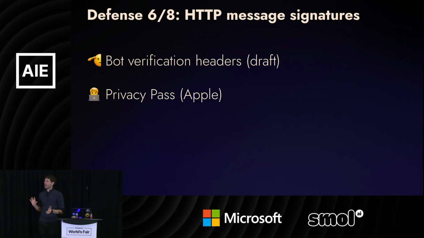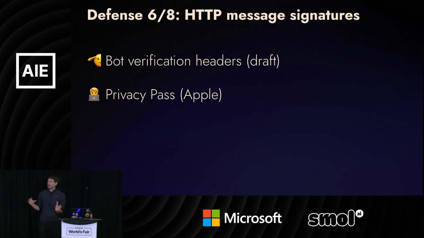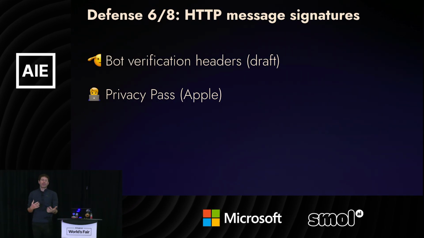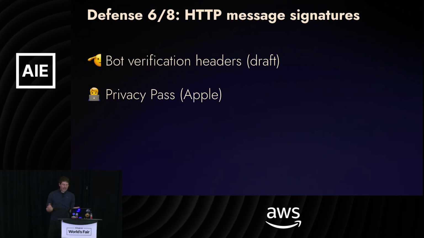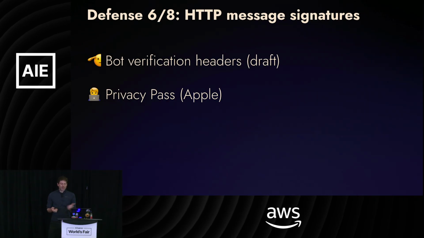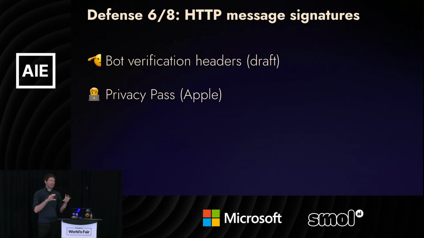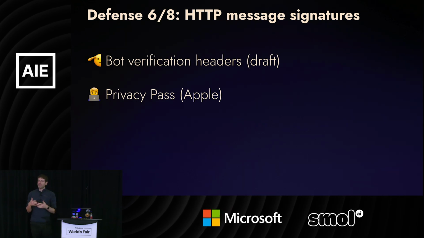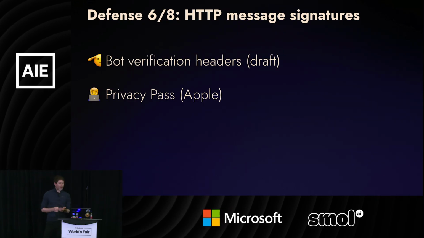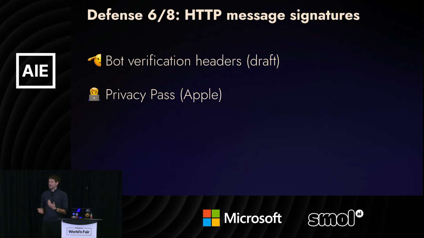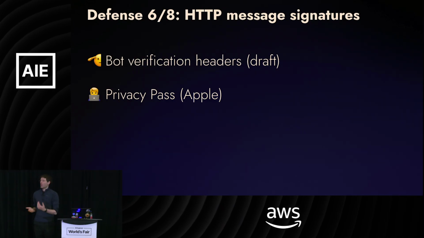And there are also some emerging standards around introducing signatures into requests, because what we're trying to do is to prove that a particular client is who they say it is and is who you want to be on the website. Now, Cloudflare has suggested this idea of HTTP message signatures for automated clients, where every request will include a cryptographic signature, which you can then verify very quickly, and then you can understand which client is coming to your site. This has only just been announced a couple of weeks ago, so it's still being developed. There's some questions around whether it's any better than just verifying the IP address,